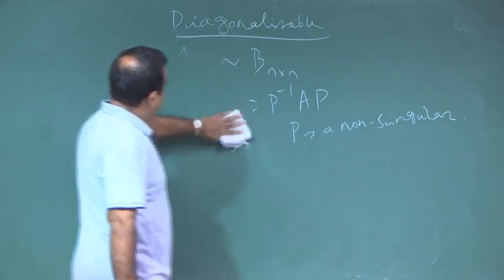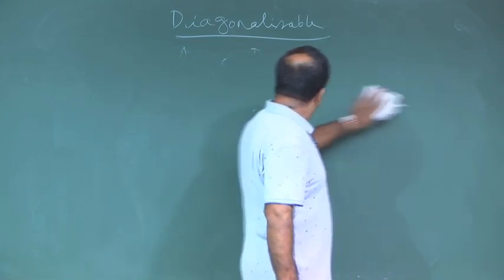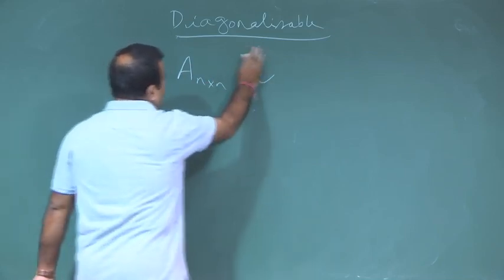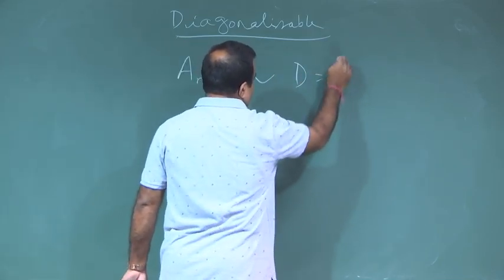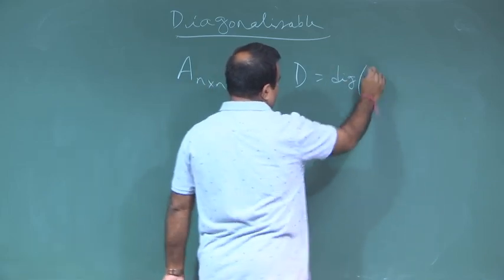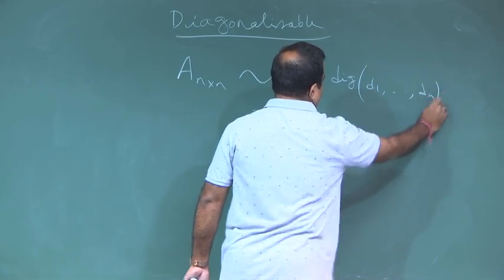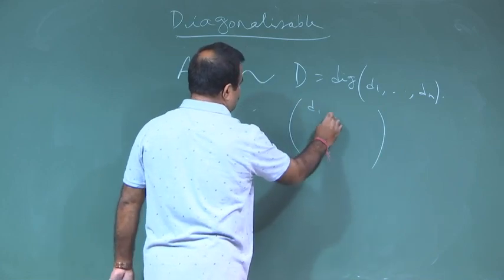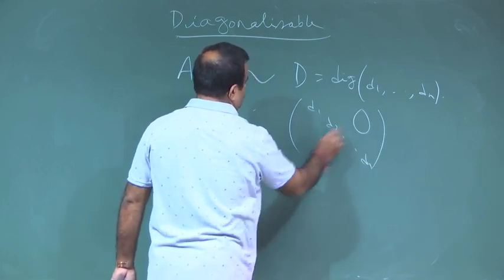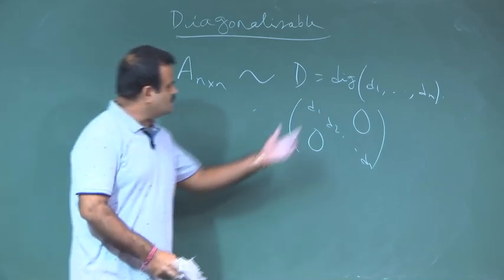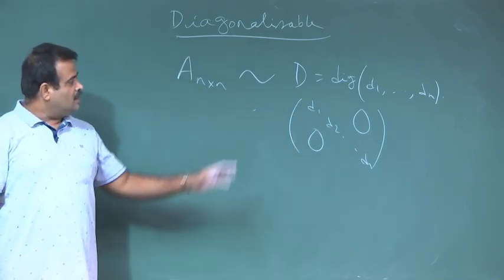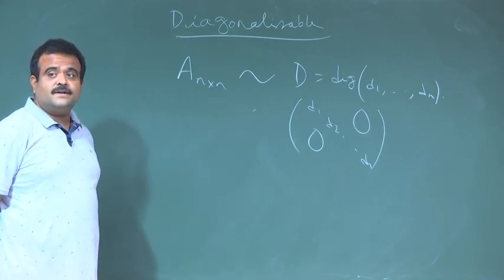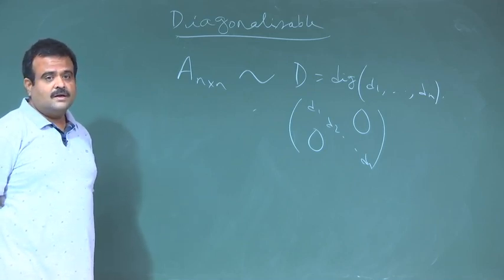Now we define the diagonalizability of a matrix. A matrix is diagonalizable if it is similar to a diagonal matrix D, with diagonal entries say D1, D2, Dn. That means D is the matrix with D1, D2, up to Dn on the diagonal, and the off-diagonal elements must be 0. Some of the di's may be 0; they come from the field. So if A is similar to a diagonal matrix, then A is said to be